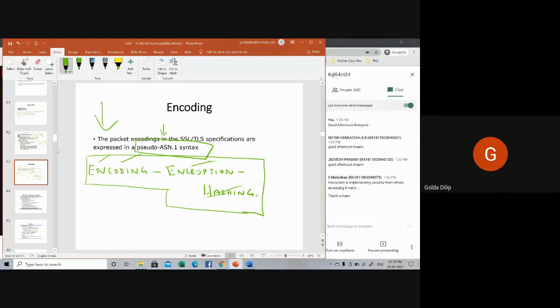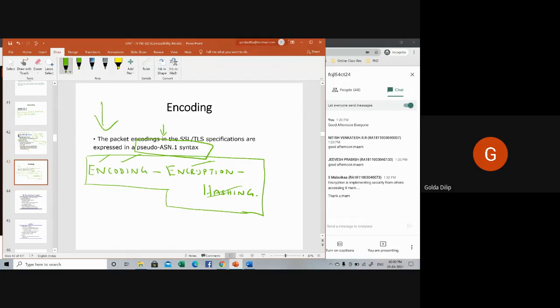Okay, so next, with that, we almost come to an end of SSL. So we have TLS and SET, Secure Electronic Transactions, pending in the 4th unit. So before that,